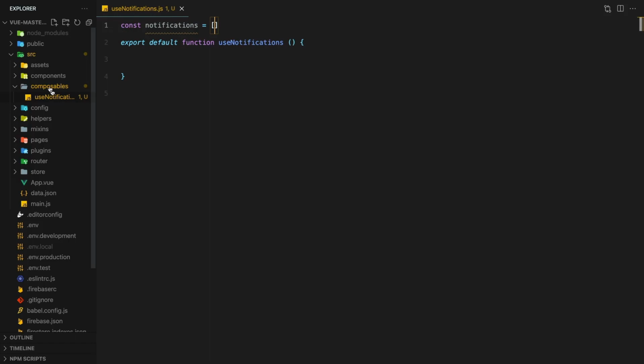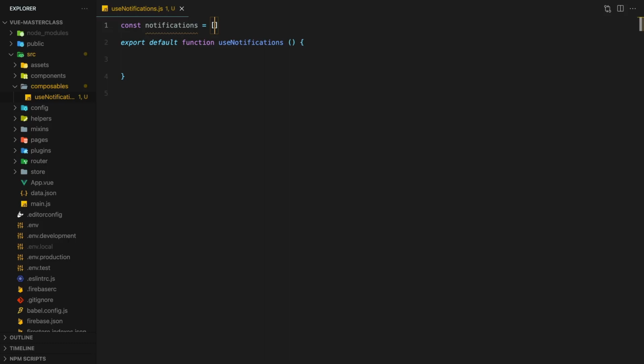Notice that I'm defining this variable outside of the useNotifications function. This means that no matter which component we use the composable in, they will always refer to the exact same array of notifications. This makes the composable act as a type of global store, like Vuex.